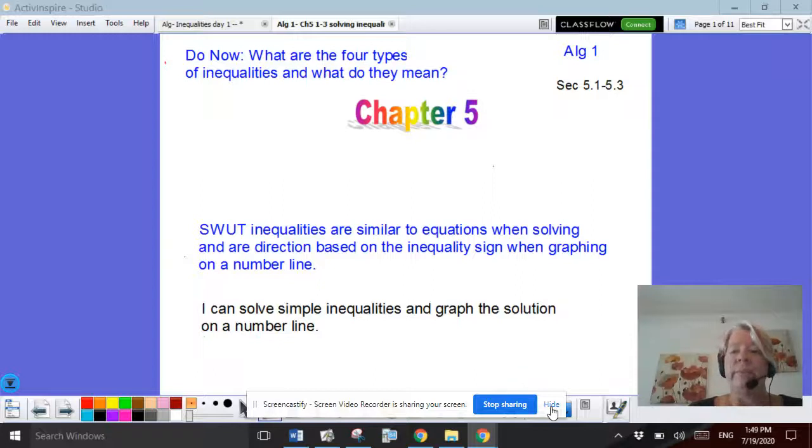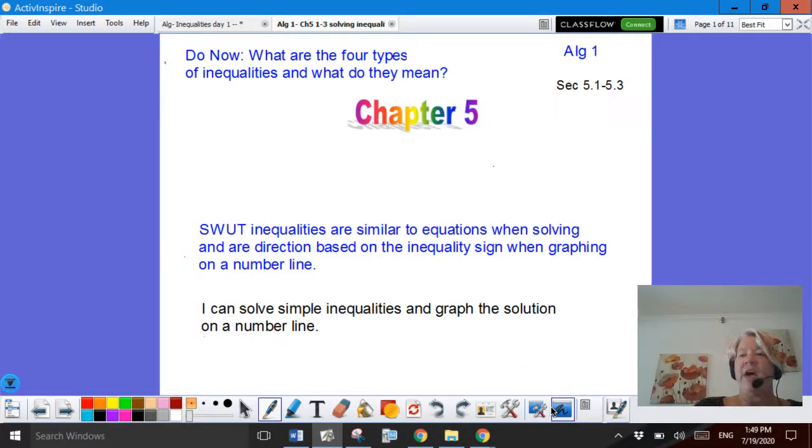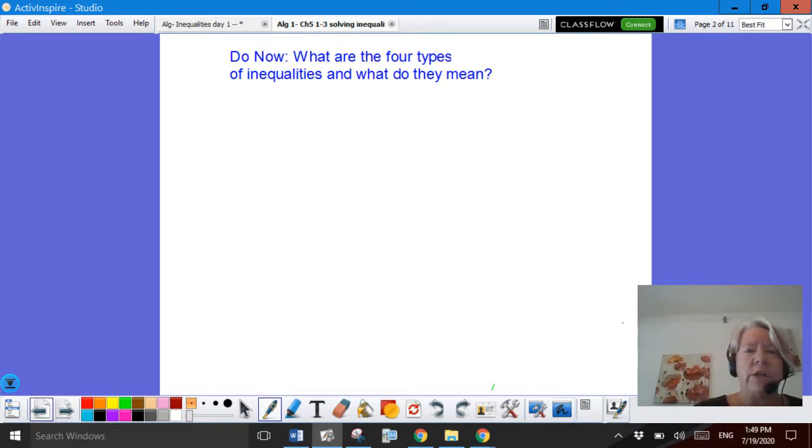All right, let's go ahead and move into the real meat of Chapter 5. We're going to work on Section 5.1 through 5.3 today. They're kind of connected, and it's all about solving inequalities, and we're really good at solving equations, so these three sections are pretty simple. So just as a quick review, let's make sure that we know what the four types